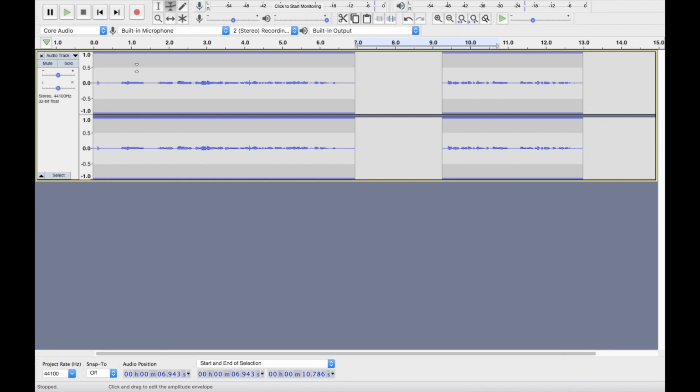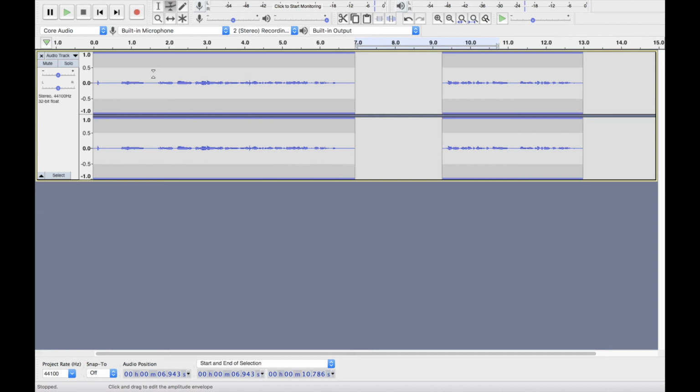So what do I mean by this? Let's say there's a part of the recording that I did that's really, really quiet, and I want to make that louder. But then a couple seconds later, the clip got really loud, and I want to make that part quieter. So just changing the overall volume of the clip might give me some problems, because if I move it to the right to make the whole track louder,